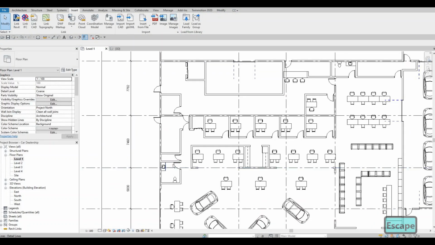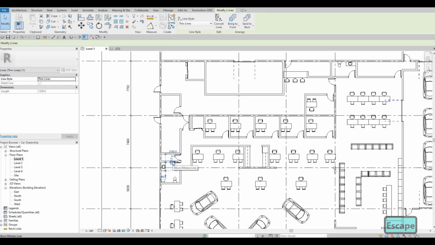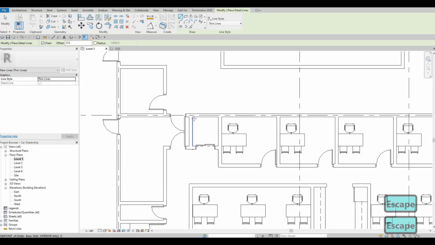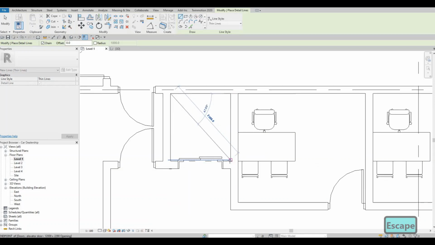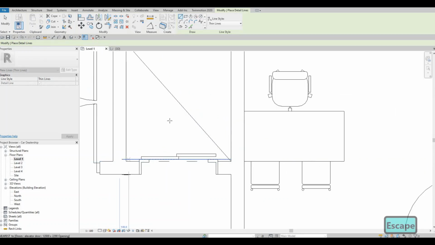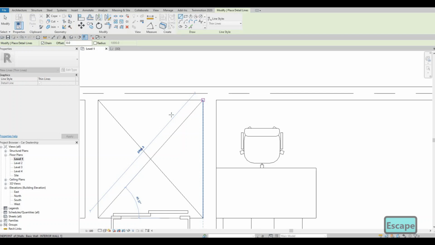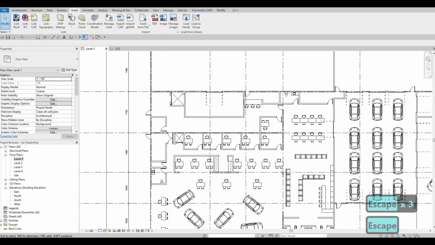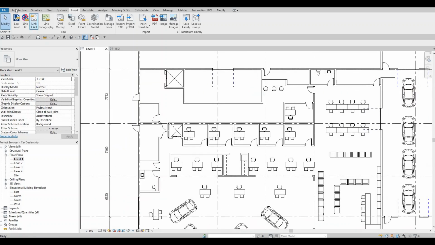The only thing you need to do is just add a detailed line, thin line again, and just add an X so that it will refer to a shaft, an opening there. So that's how you put an elevator in. And then here, let's just add